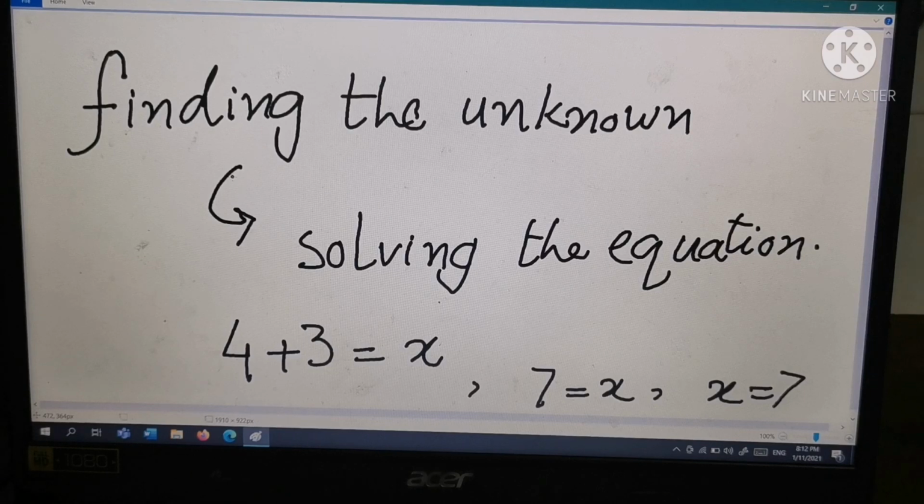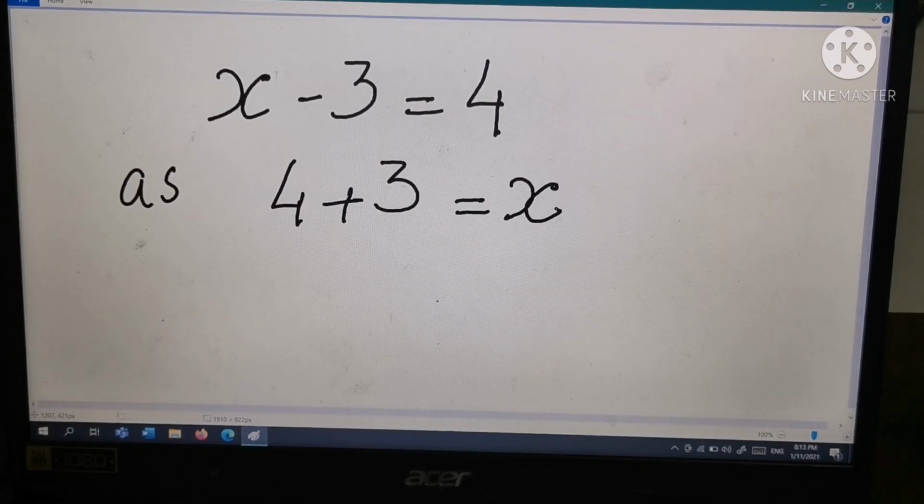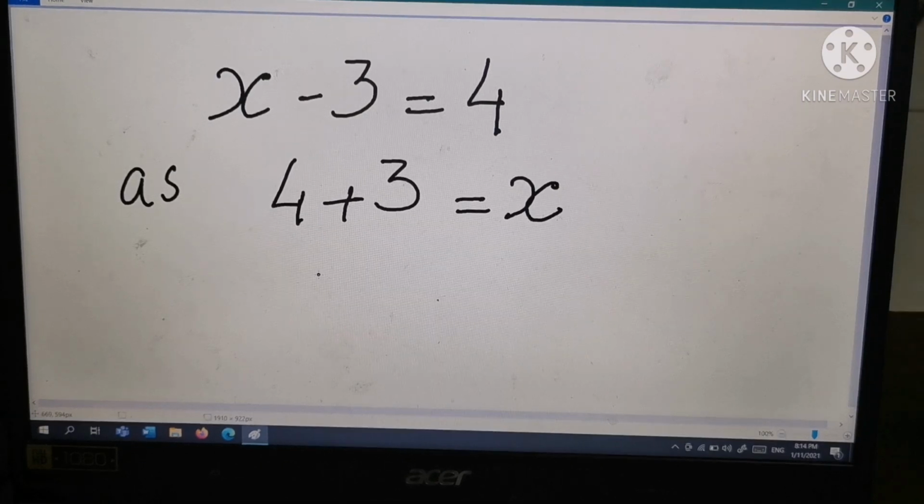But in algebra, we are usually given an equation in a more complicated way, like X minus 3 is equal to 4. This is exactly the same as 4 plus 3 is equal to X. Just we have to arrange the equation, then we can find the answer of the unknown. So in algebra, we are given complicated equations, and our job is to simplify and rearrange them. Like 4 plus 3 is equal to X and X is equal to 7. It will tell us how to solve the equation